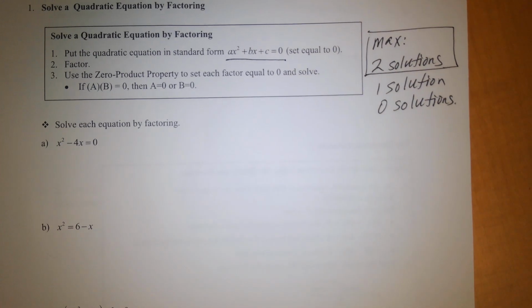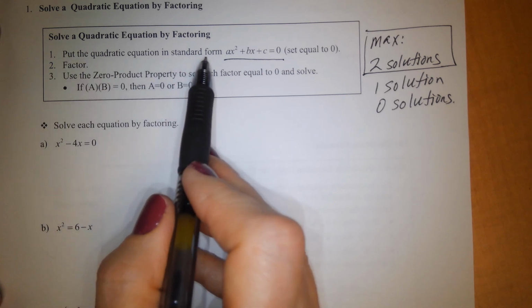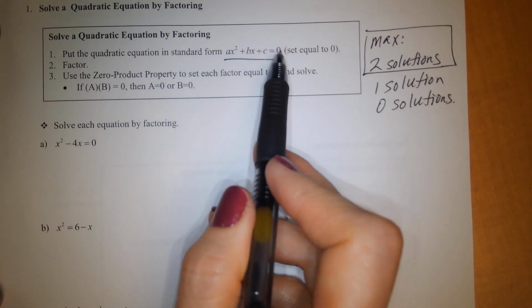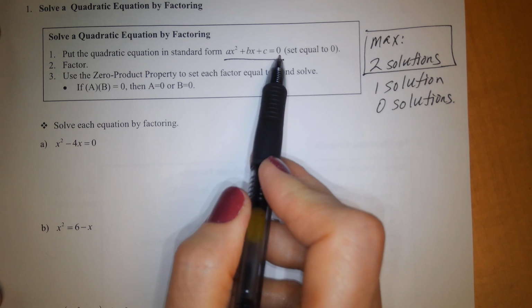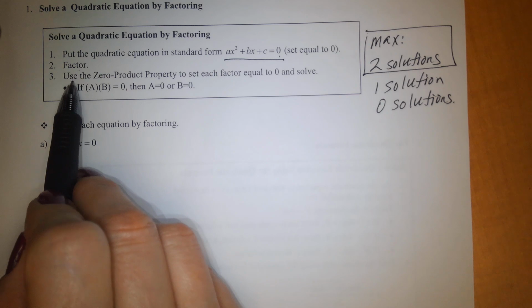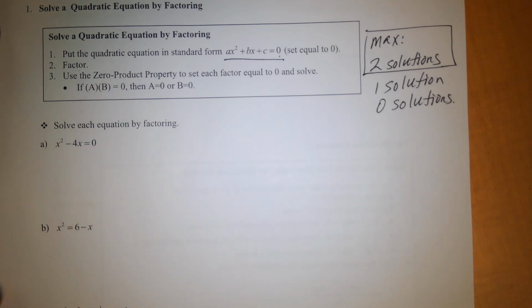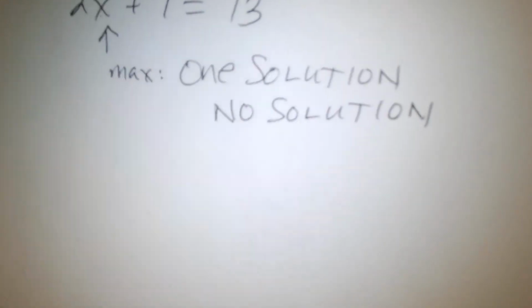In order to solve quadratic equations, first, make sure you put the quadratic form in this standard form. In other words, set it equal to 0. Then factor the left-hand side, and then use what's called the zero product property. The zero product property basically says